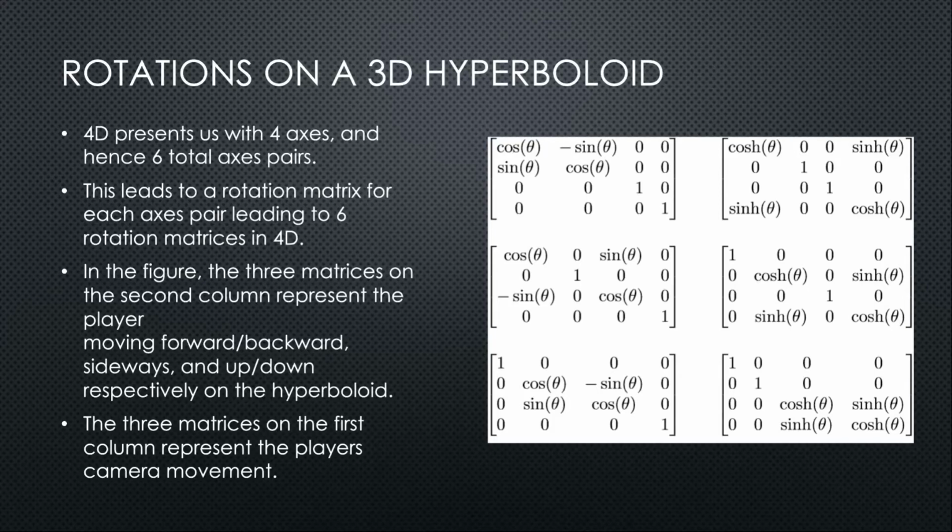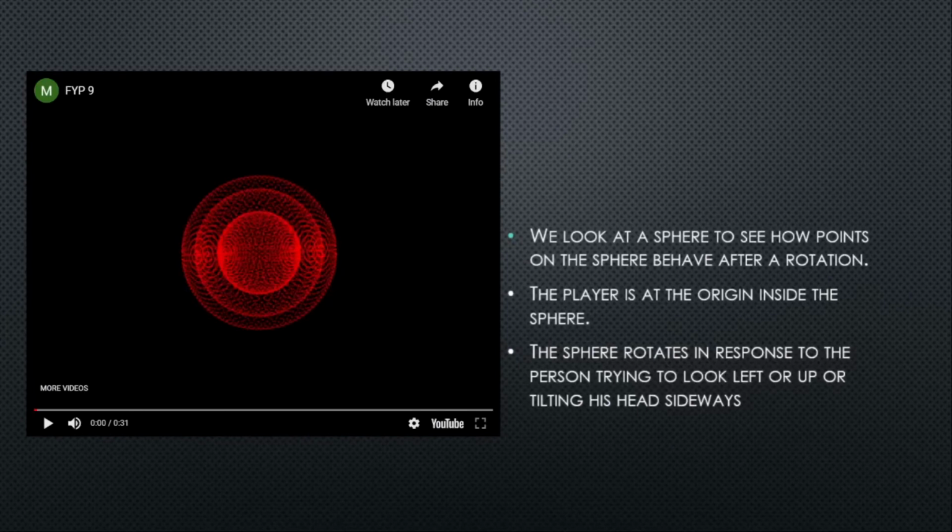As before in 2D, our character will stay fixed in place and our world will move in response to the character's movement. 4-dimensional space offers 6 rotation matrices about each pair of axes. The right 3 hyperbolic rotations are used to simulate the player's movement: moving forward, sideways, and jumping. The left 3 are standard Euclidean rotation matrices and are used to enable the player to look around the scene using a mouse. After projecting onto a unit sphere, we position the player at the origin, looking along